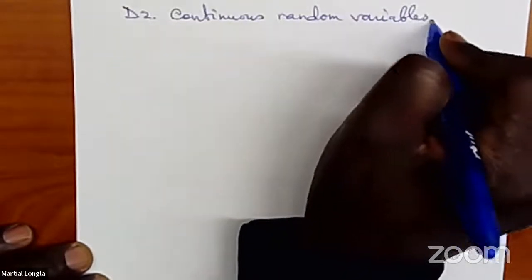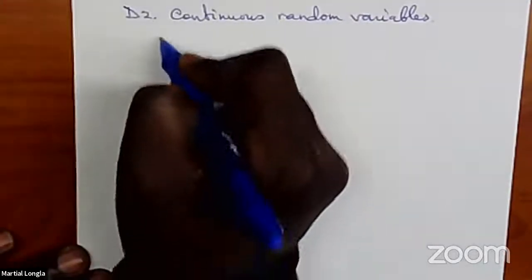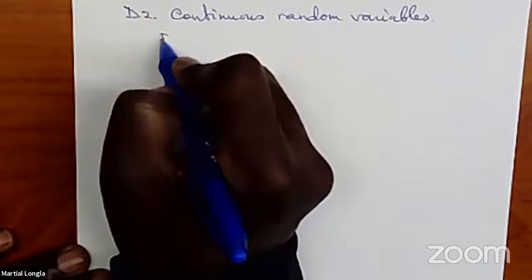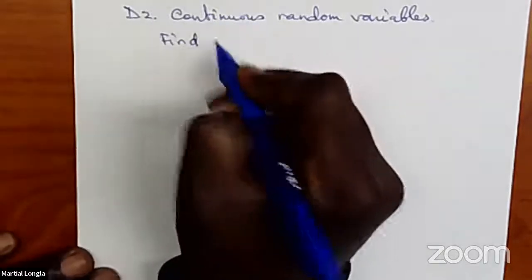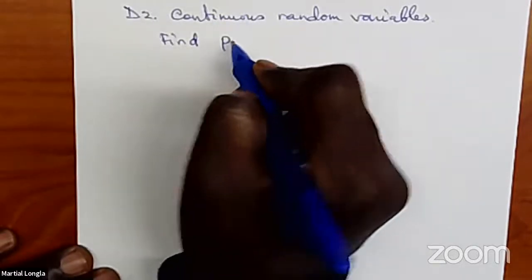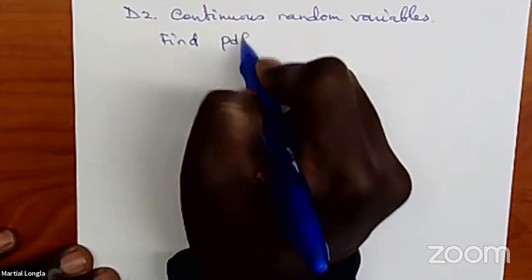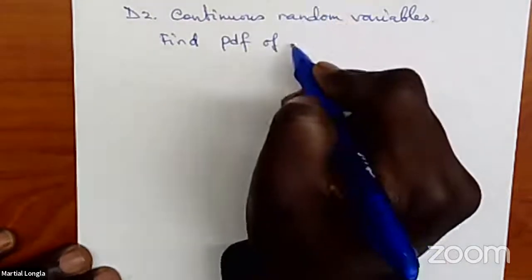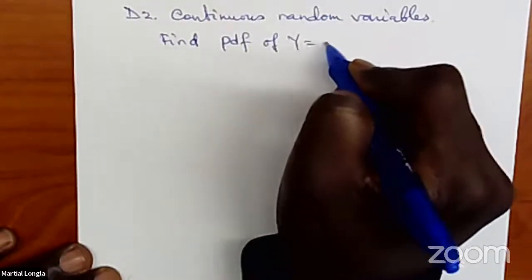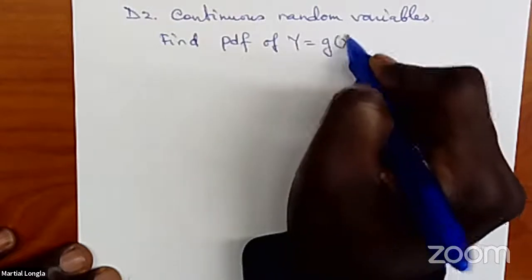So for continuous random variables, to find the probability distribution function of y equals g of x,